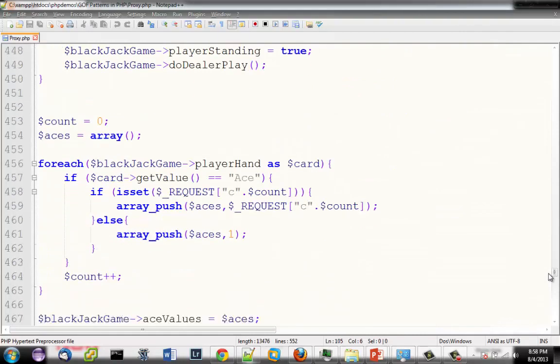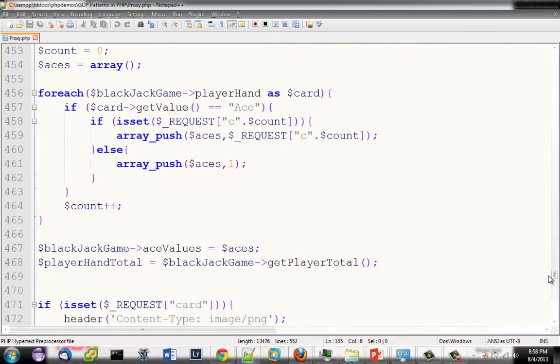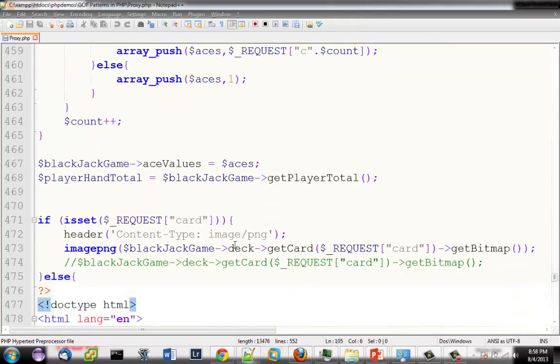I'm returning that bitmap data as a PNG, which is right here. So if they request a card, I'm just returning the image bitmap data as a PNG file back to the browser, so it can display it.